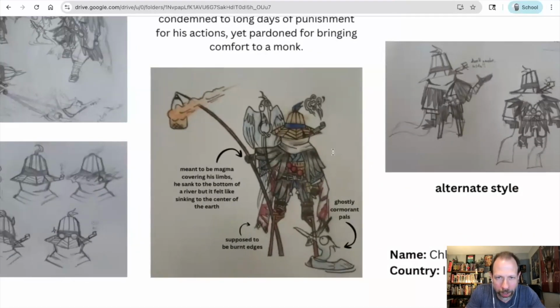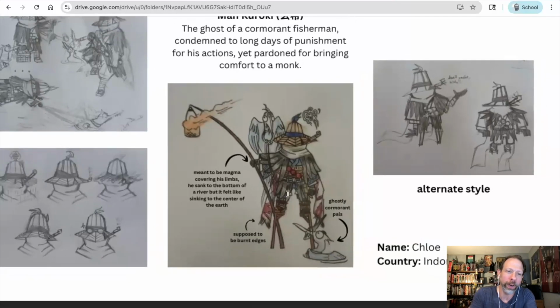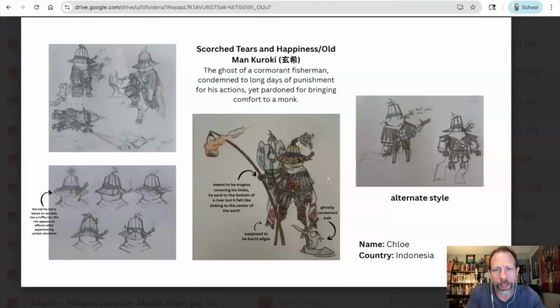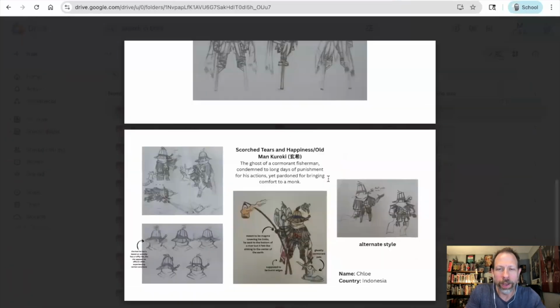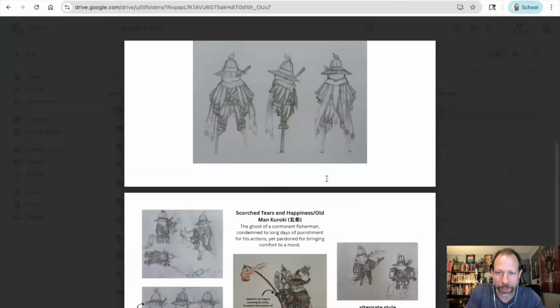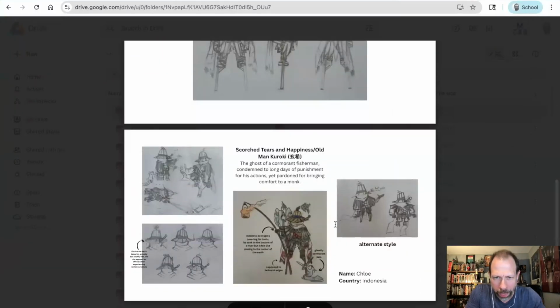Very cool. Again, detail packed and burnt edges, magma covering his limbs. He sank to the bottom of a river, but it felt like sinking to the center of the earth. Very cool studies here. Love the colors you've done here. It looks like this is marker and or colored pencil. This approach feels very warm. I'm sure this is sketches on paper, although sometimes it's hard to tell, but this is a really nice approach